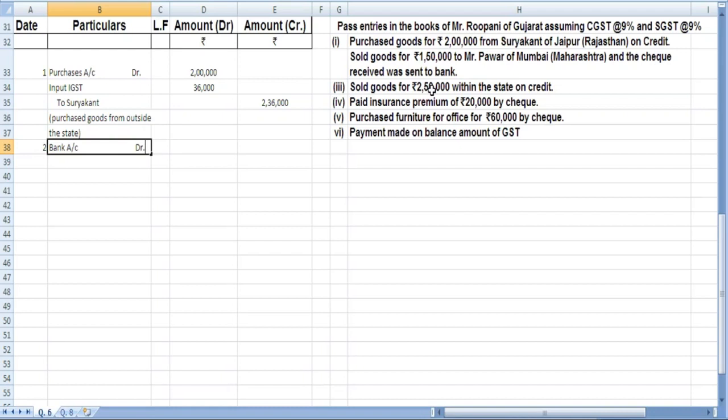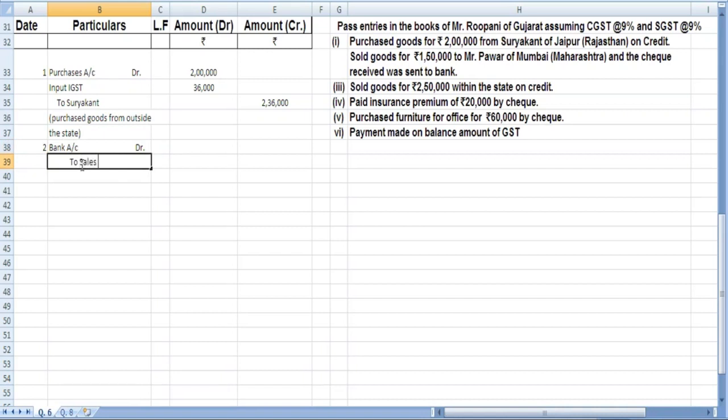Sold goods to Pawar 1,50,000 and check received for 1,50,000 which was sent to bank. Okay, so we have deposited this in our bank, so we debited the bank account, and this